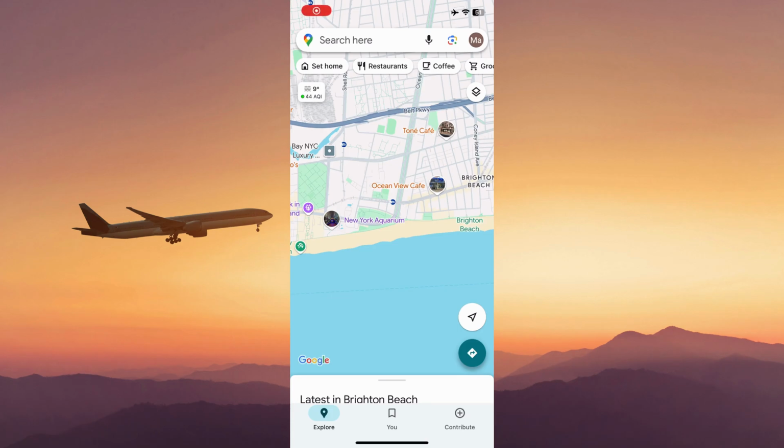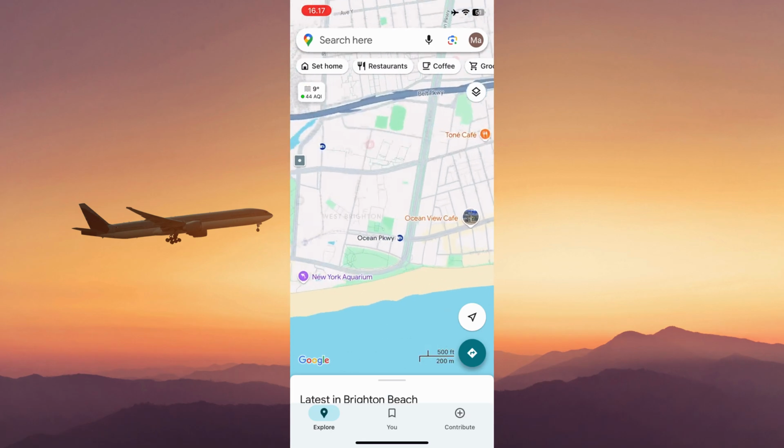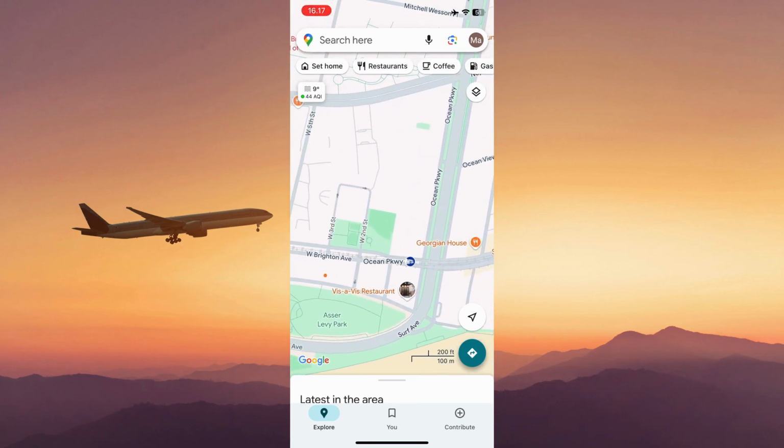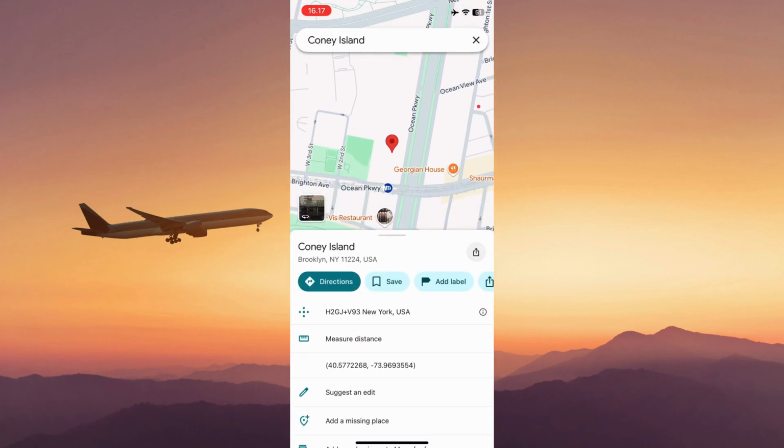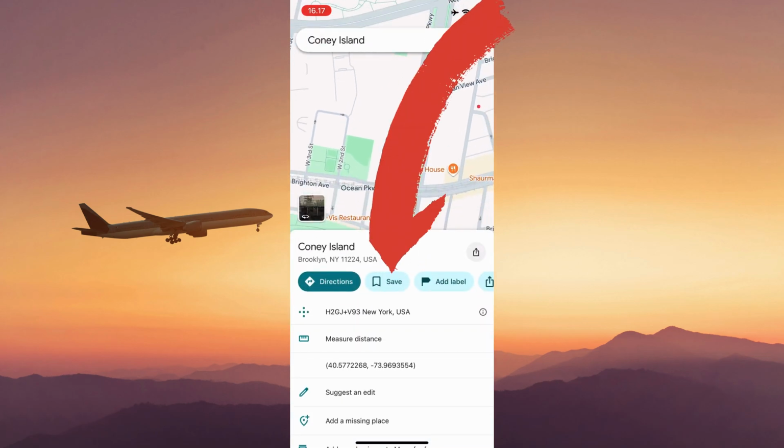How to pin a location on Google Maps. So for example here, I want to pin this area between Georgian house. So what you want to do on the specific area, you want to long press it until this red pin appears, and then you can click save beside directions,